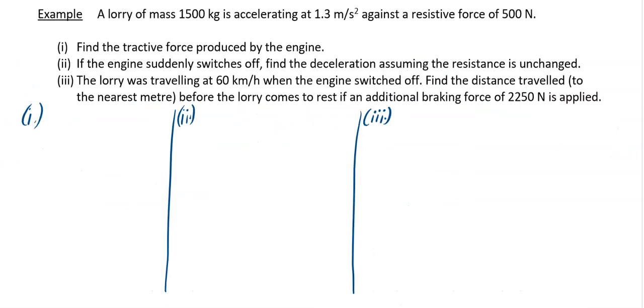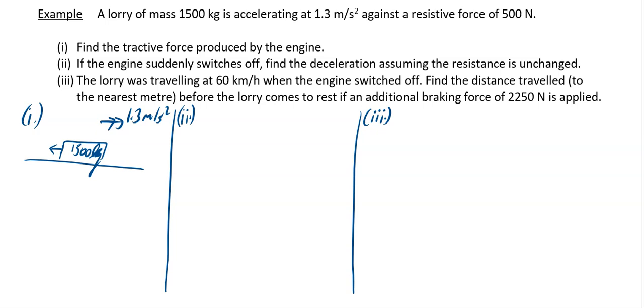Okay, our last example says a lorry of mass 1,500 kilograms is accelerating at 1.3 meters per second squared against a resistive force of 500 newtons. Find the attractive force produced by the engine. So again, diagram for this first part. You've got your wee box for your vehicle, whatever it is. So a lorry in this case, 1,500 kilograms, and it's accelerating, double-headed arrow, at 1.3 meters per second squared, against